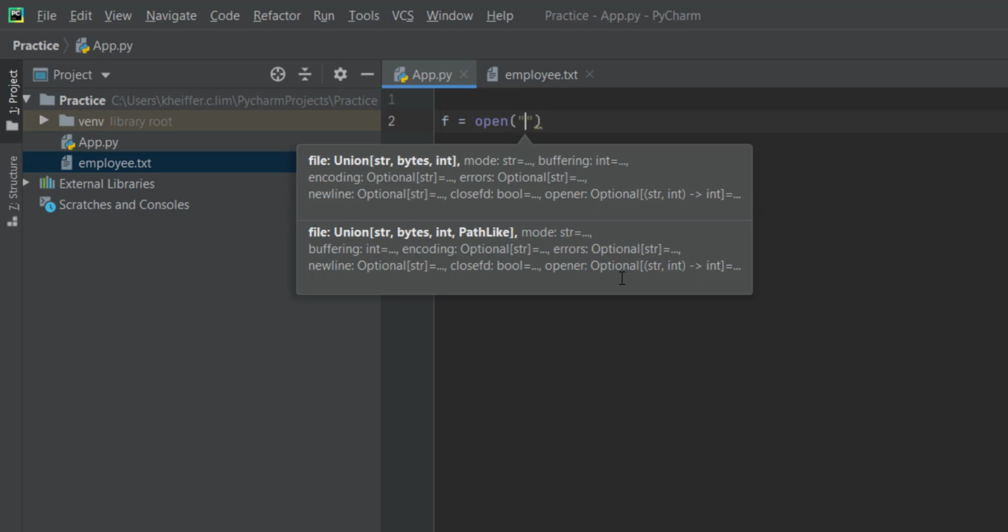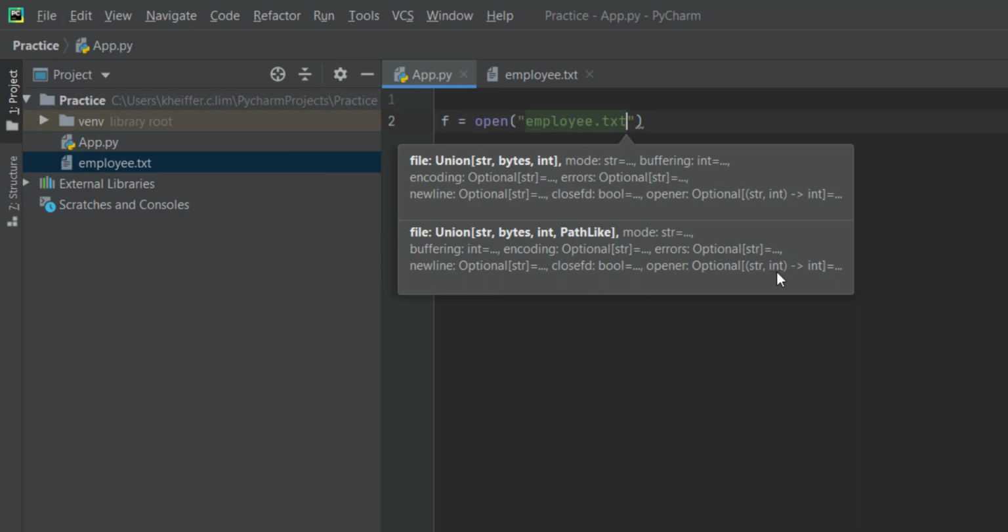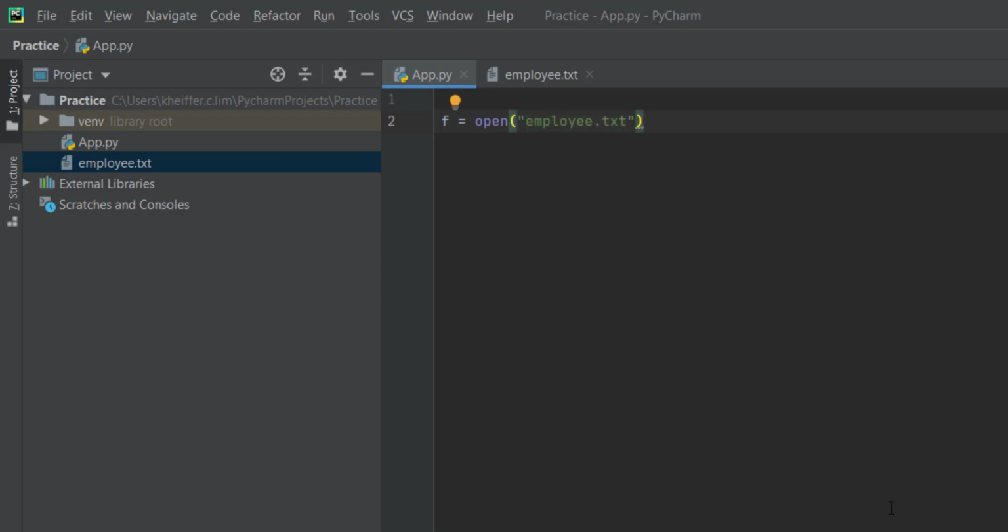And then we'll refer to our employee.txt file. So the open function takes two parameters, file name and mode. But when reading a text file, it's enough to specify the name of the file in our open method, because this line right here is equivalent to here,